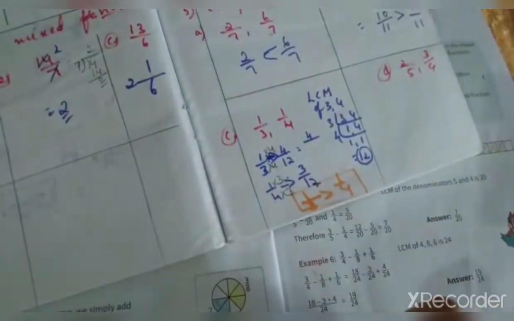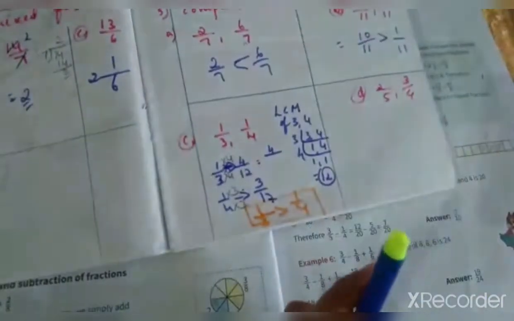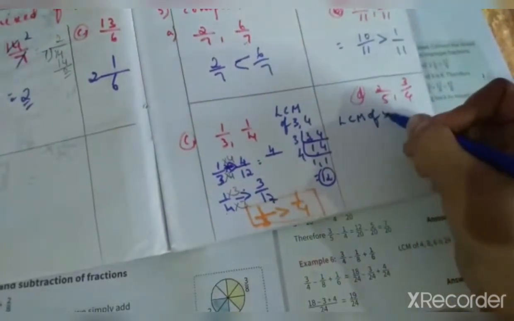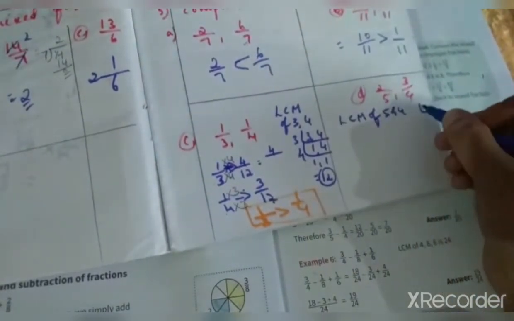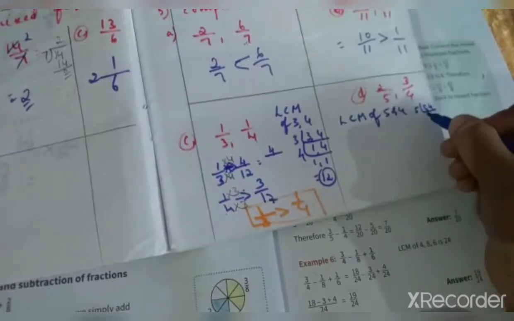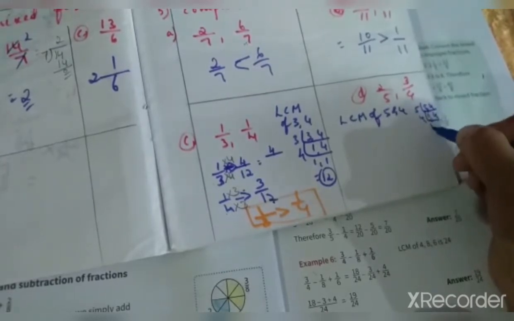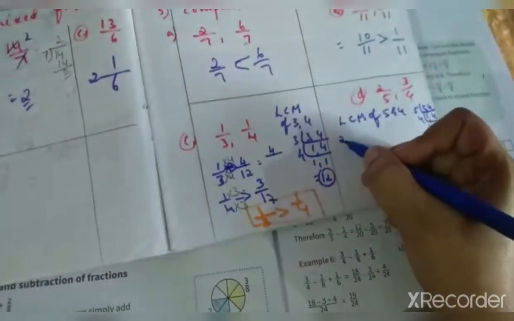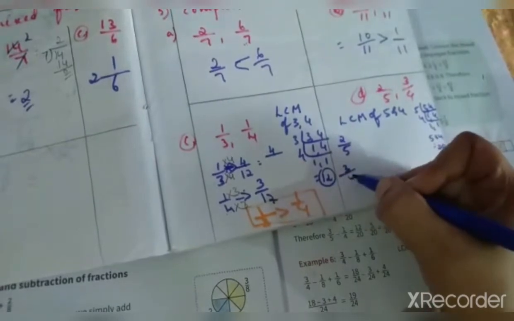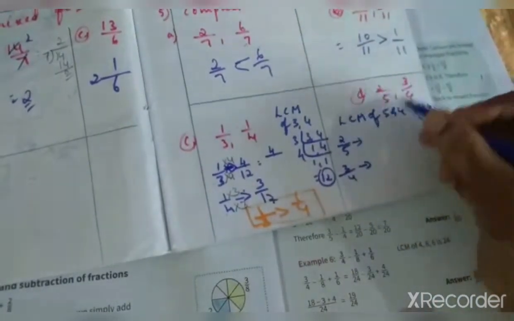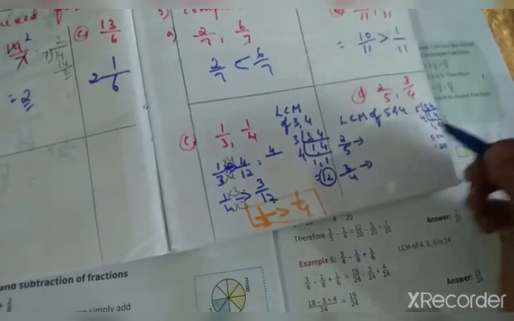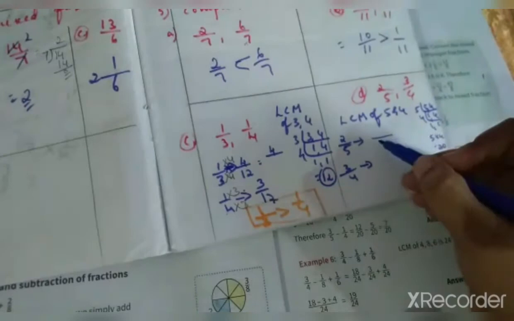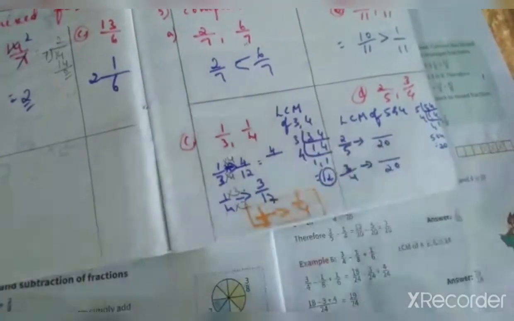Here also this is an unlike fraction, so convert into like fractions. Now the LCM of the denominators, the LCM of 5 and 4. 5 ones are 5, 4 as it is; 4 ones are 4, 5 fours are 20. Now 2 by 5 and 3 by 4. Write the fractions. First find the LCM of the denominators. LCM is 20. After finding the LCM, we got 20.